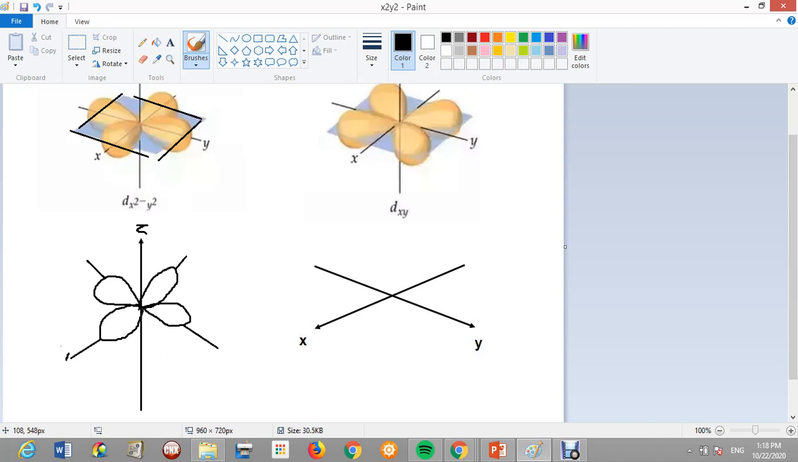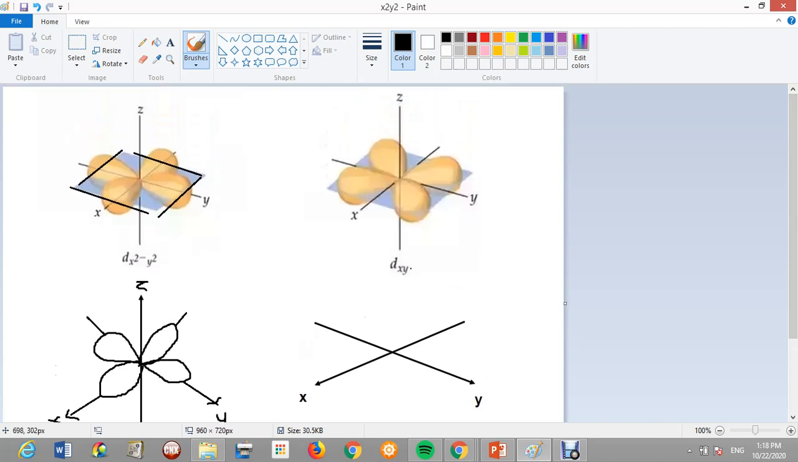So this is your x-axis, and this is your y-axis. The clover leaf is on your x and y. The next one we're going to see is dxy. The difference between x squared minus y squared and dxy is that for dxy, the loop,